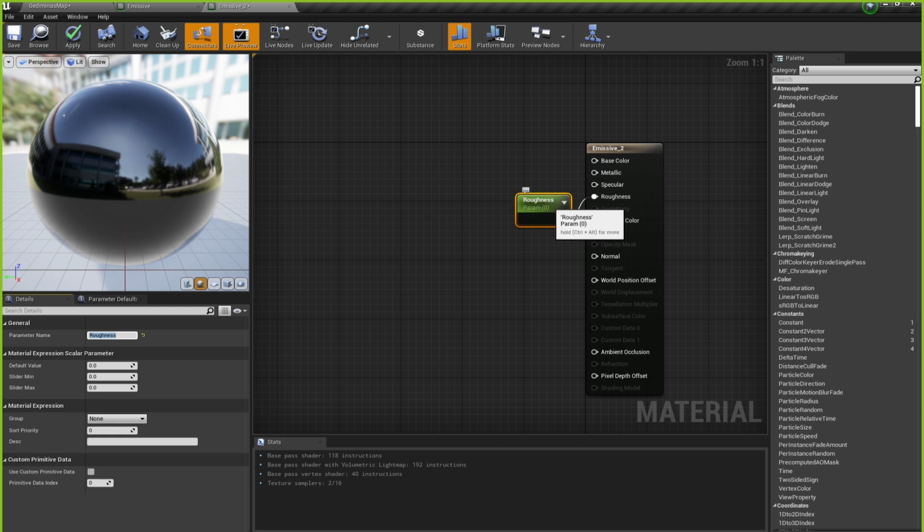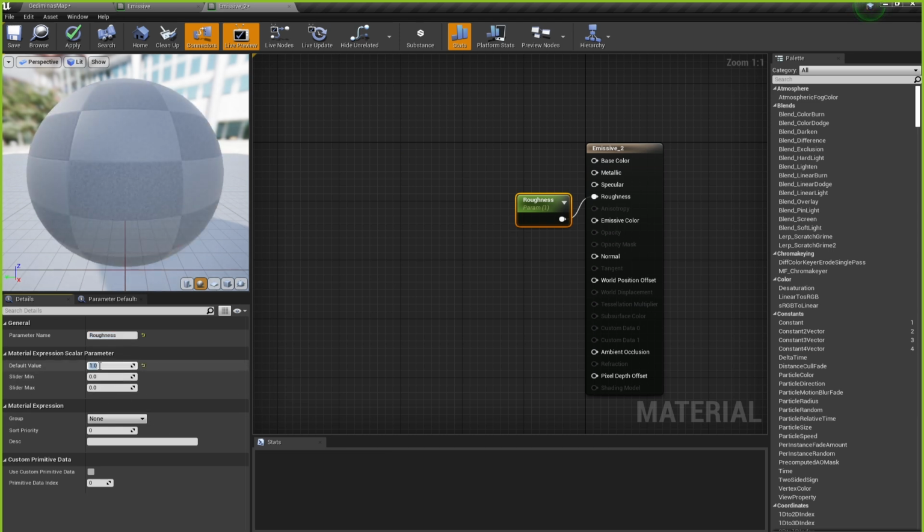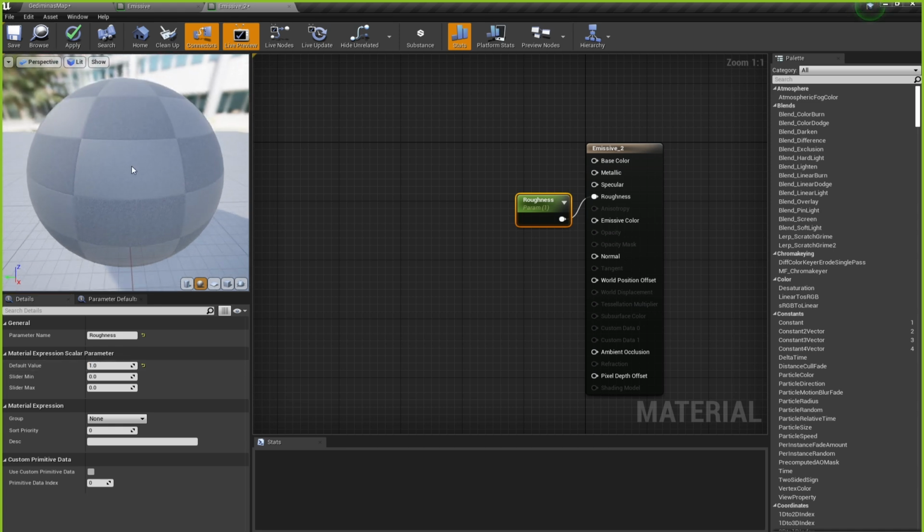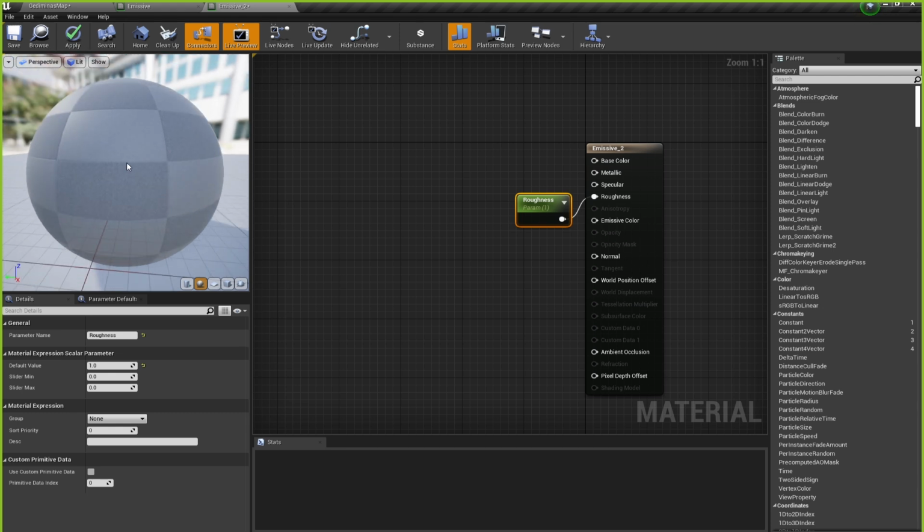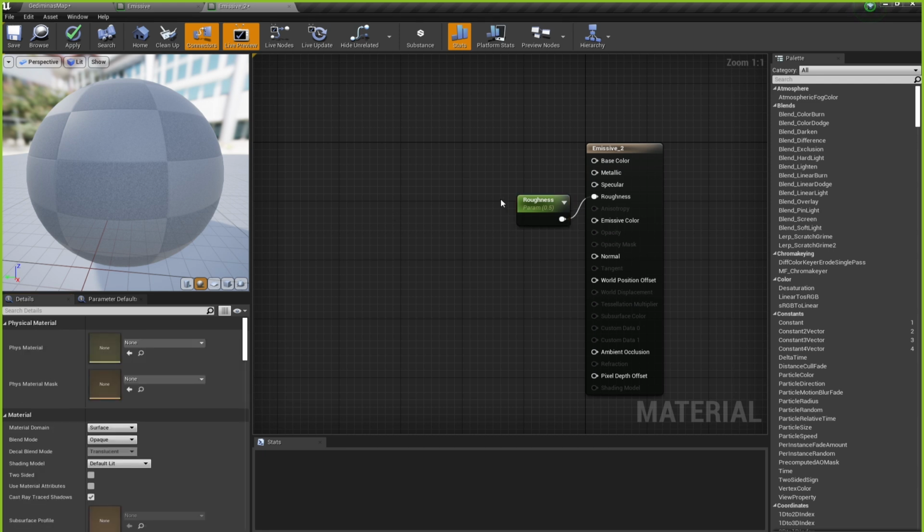So when our roughness is 0, it's a very glossy material. When our roughness is 1, it's going to be a completely matte material. I believe this is already working, yes? Who knows? So it is completely matte. Let's just see 0.5. Oh, it took a while to calculate, actually. While we wait for it to do its magic,